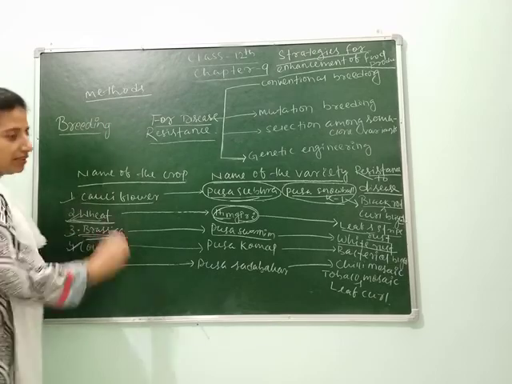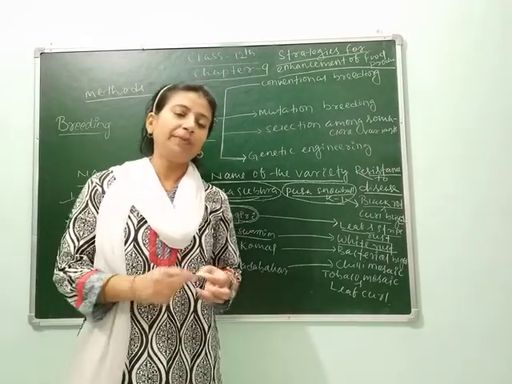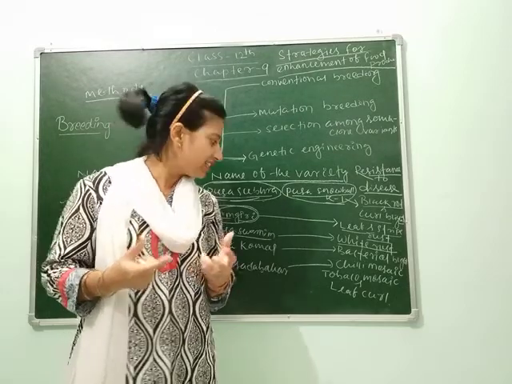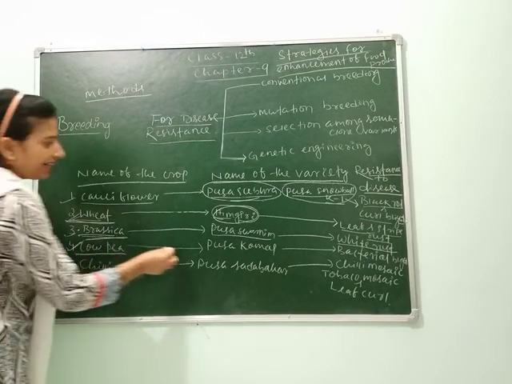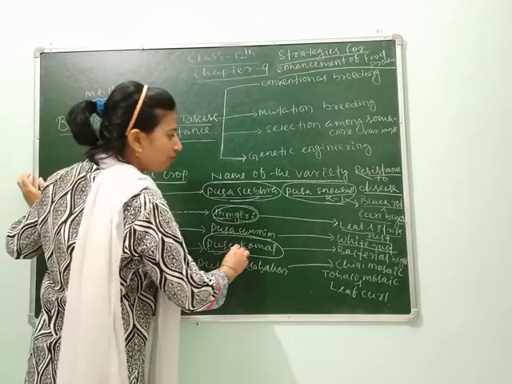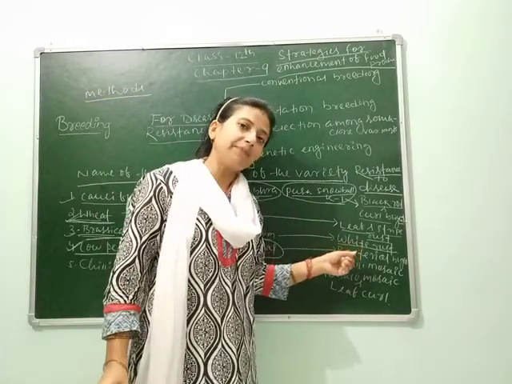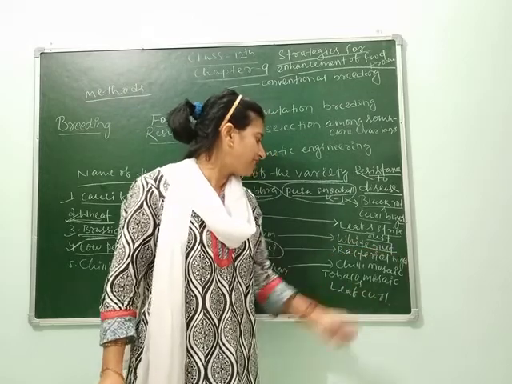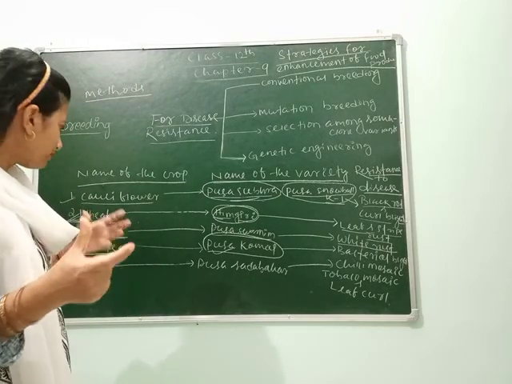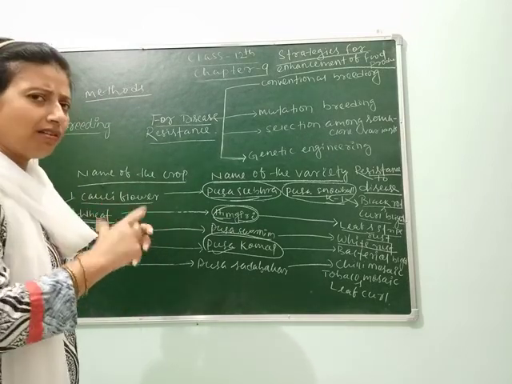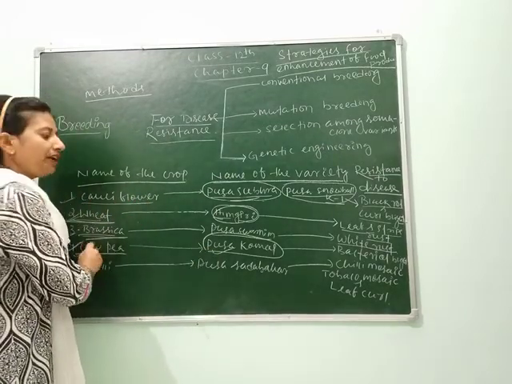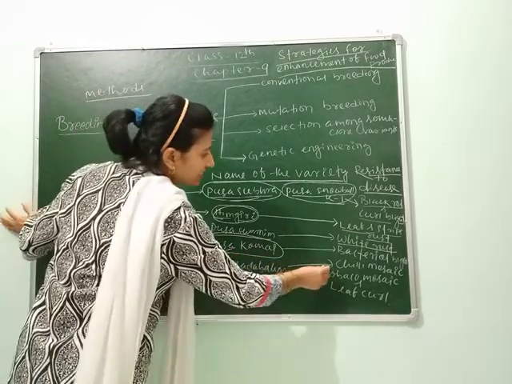Next is your cowpea. You have heard of cowpea, like your beans, lobia, broad beans, lablab, etc. In cowpea, the variety is Pusa Komal. Remember students, the variety is Pusa Komal, and the disease resistance it has is to bacterial blight. Bacterial blight means black spots appear on the crop or the vegetable, which we can see. So the crop is cowpea, variety is Pusa Komal, and disease resistance to